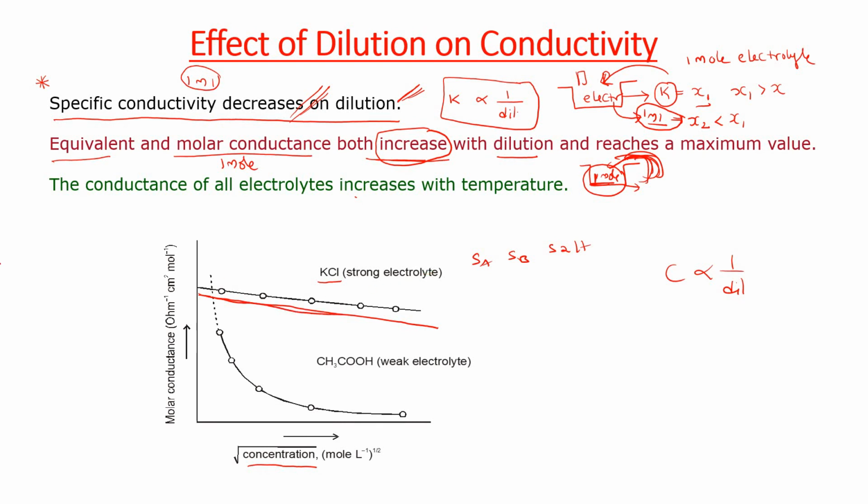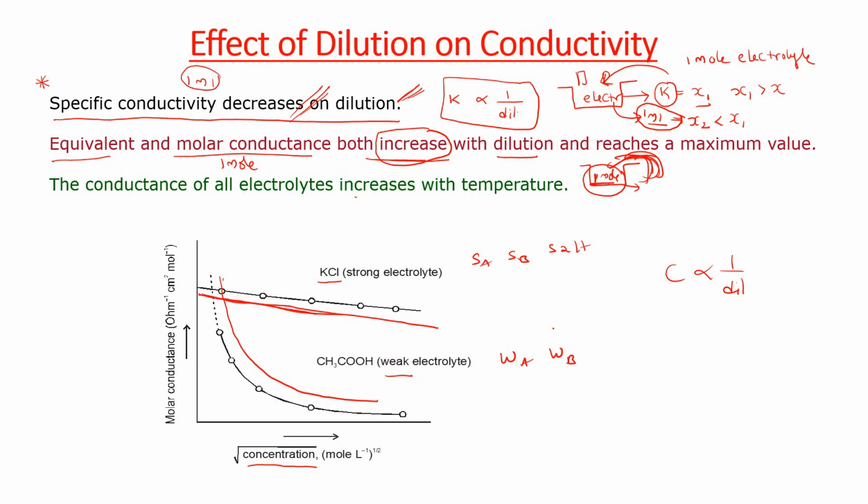for strong electrolytes. But what about the weak electrolytes? Which are called weak electrolytes? Weak acids or weak bases. They come under weak electrolytes. We have discussed this in the last videos. Now in the case of this one, what happened? The molar conductance with respect to concentration is decreasing in this manner here. Here we are going to get a straight line. In this case you are going to get a hyperbola like this. A curve like this we are going to get here. So this is the graph we are going to get actually.